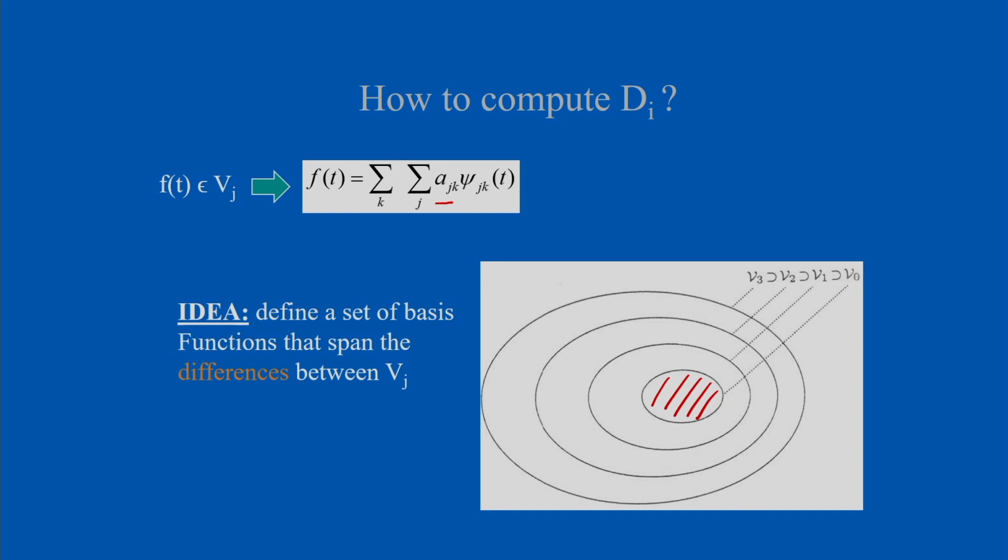So I am repeating this. Suppose I have that information, that is, V naught is available. So how to get V1? If I find the difference between V1 and V naught, and then consider V naught plus that difference, in this case I will be getting V1. So with the help of this difference, I can represent V1.